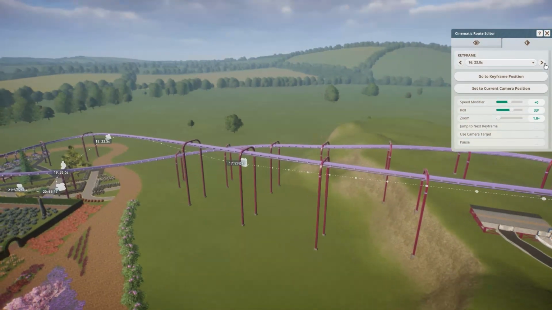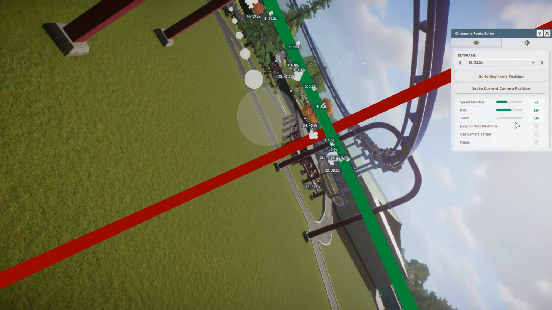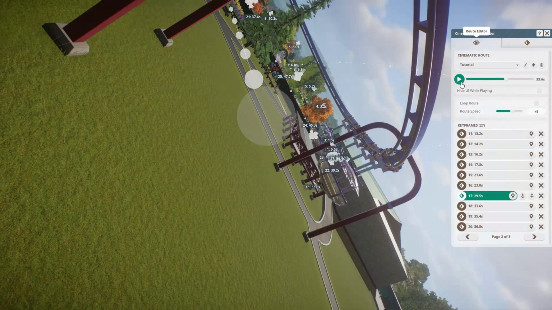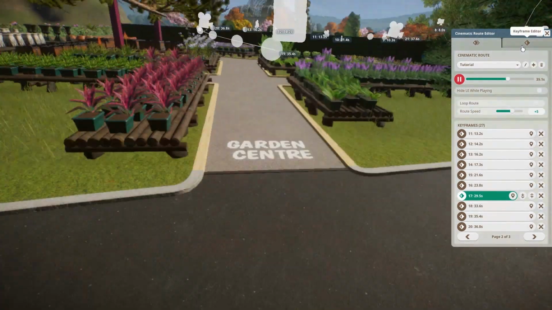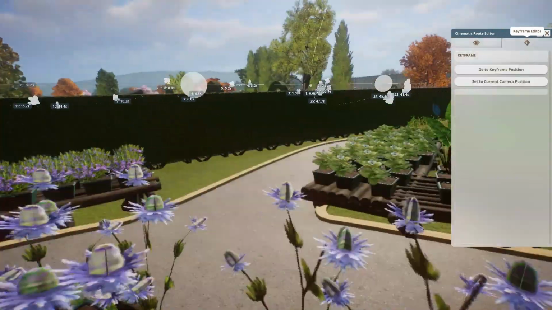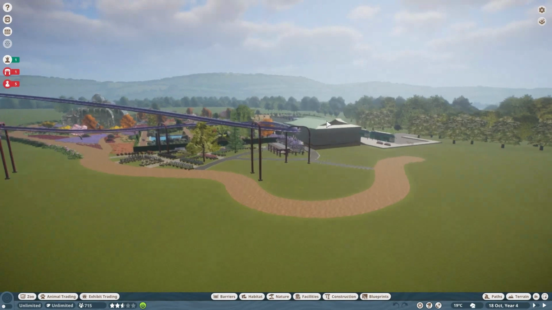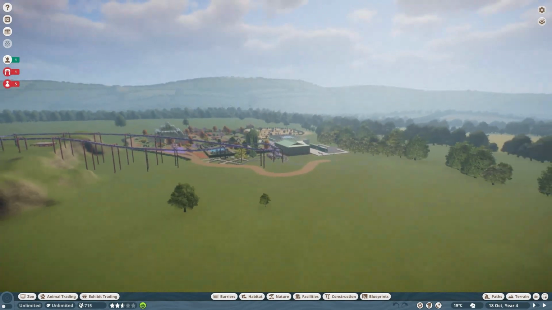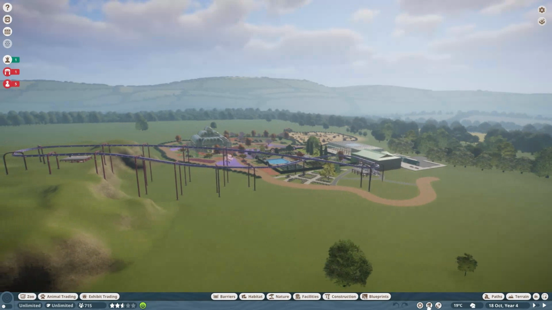But what else you can do is you can also add a roll. As you can see, it rolled a bit there as well. So there's 2 different ways you can do it. You can use either, but let's say now I wanted it to slow down on the roll, so